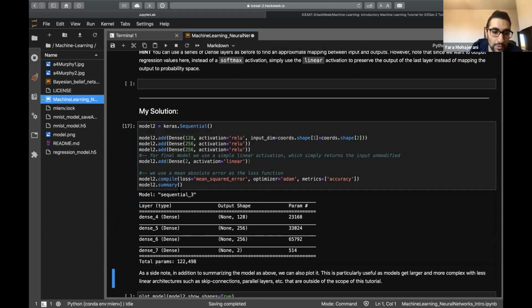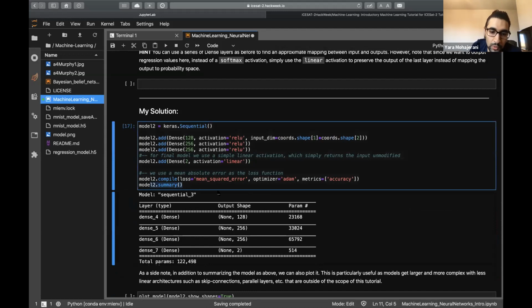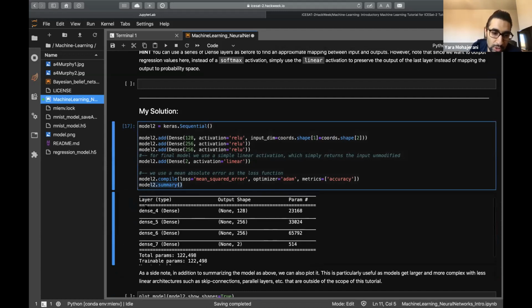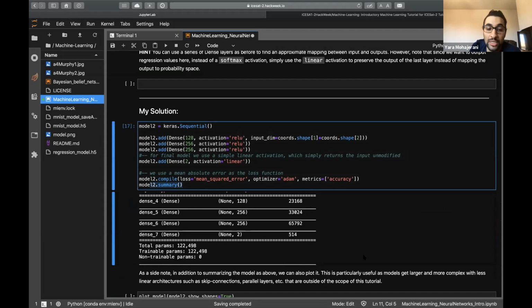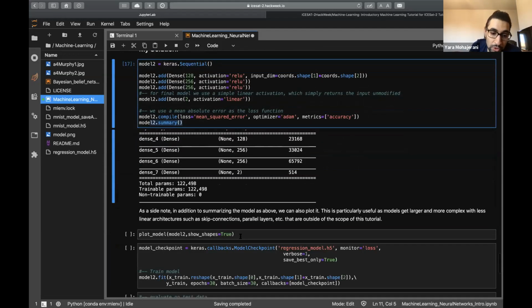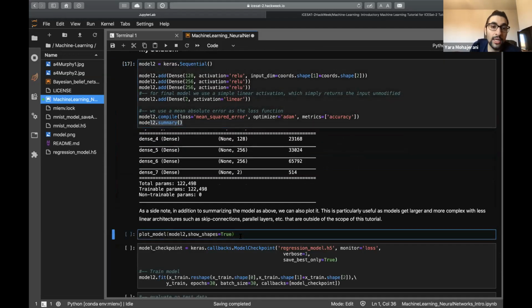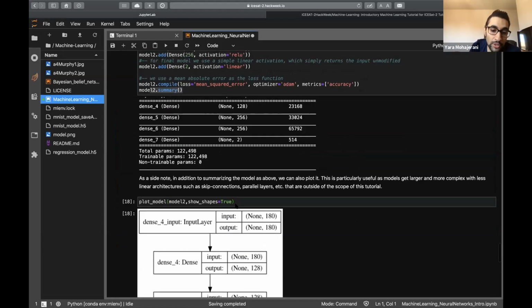Cool. So I also did the model.summary option here, which shows you what the neural network looks like. So we have these dense layers, and you even get the output shape for each layer, 128, 256, 256, and 2, as we specified, and even the number of trainable parameters. And what's cool, you could also plot the architecture of the models. So if I run this,